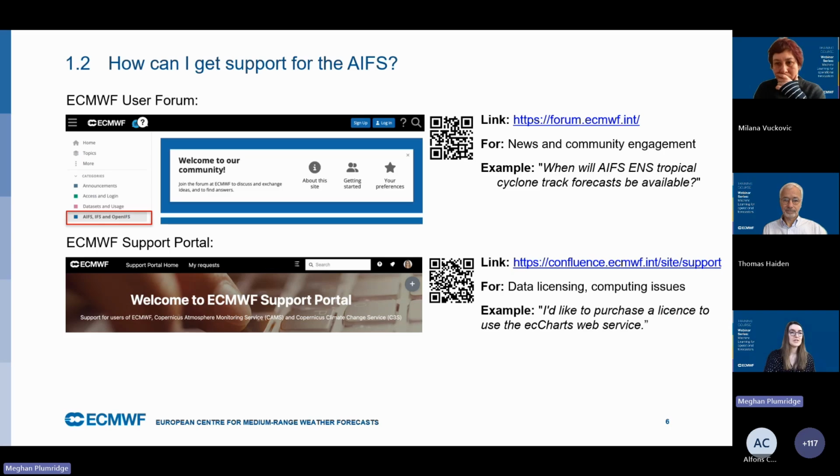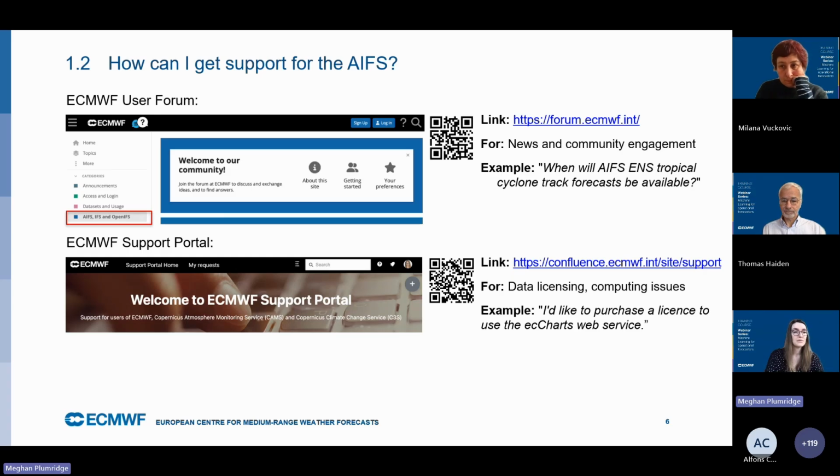Now, to get support, there are a couple of options. If you have questions or you encounter issues which are not covered by our documentation, we would encourage you to have a look at our user forum in the first instance. So this is our platform for community engagement, and you may find that other users have asked the same question or already raised the same issue.